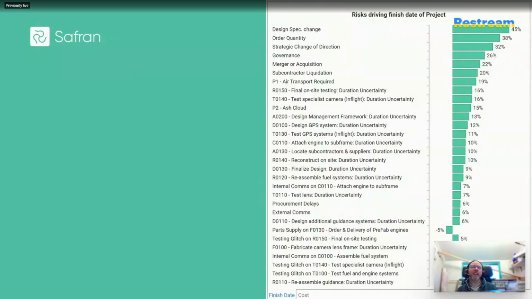And I know they're going to ask me a very natural and obvious question regarding the risk at the very top. They're just going to say, how much is the design specification change risk actually contributing to the model's p-values, to the dates, the durations, the costs? So in legacy tools, rebuilding the risk impacted plan without the risk being present is the logical solution.